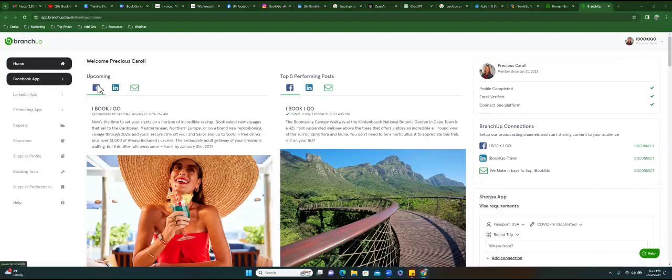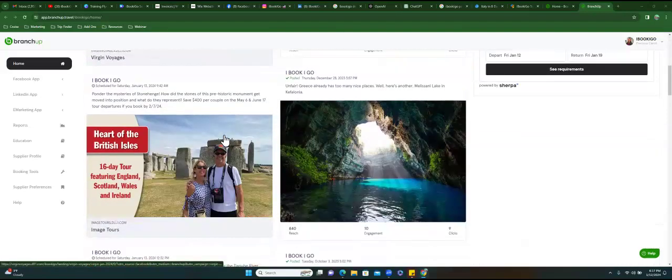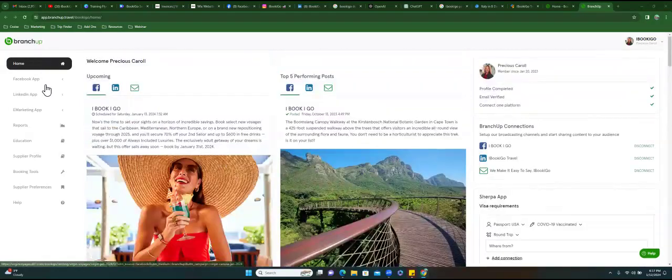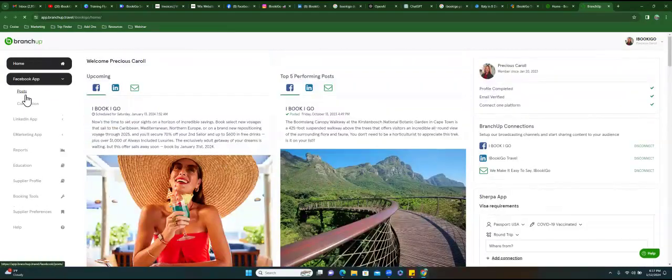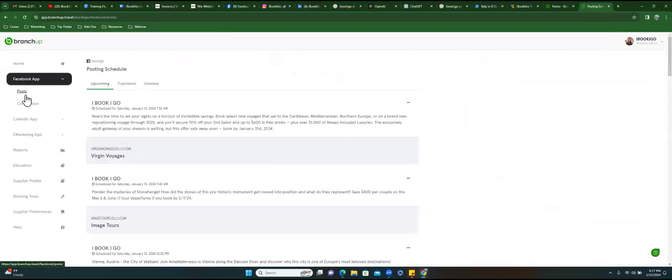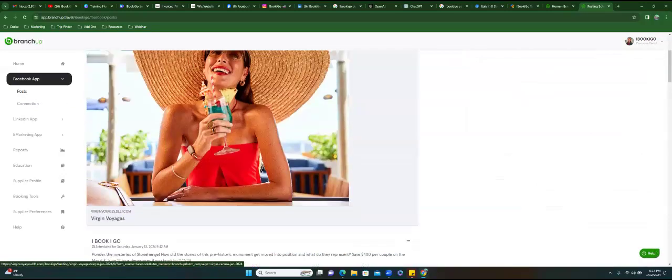Okay, so what is this doing? I've never seen it do this before. This is some kind of new update. This looks different. All right, so